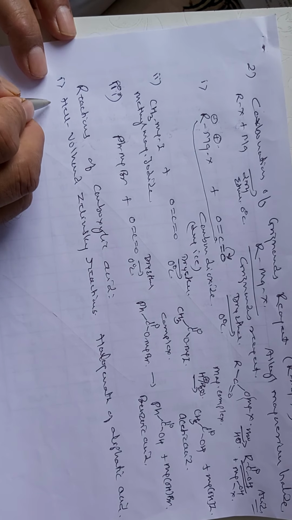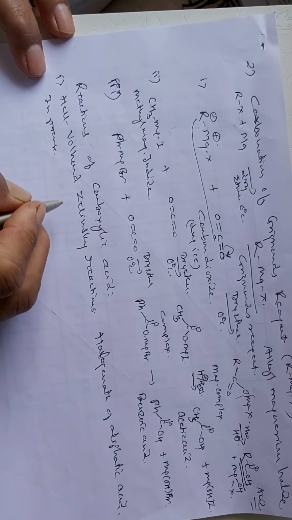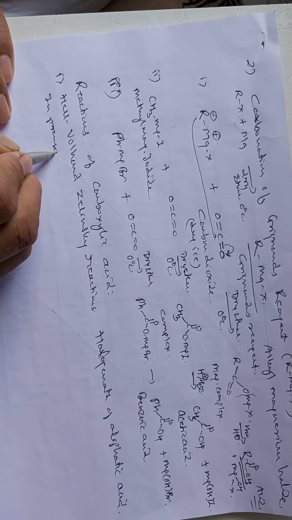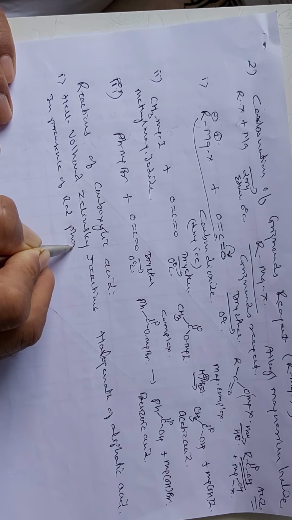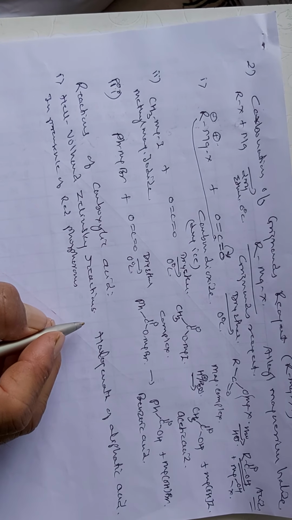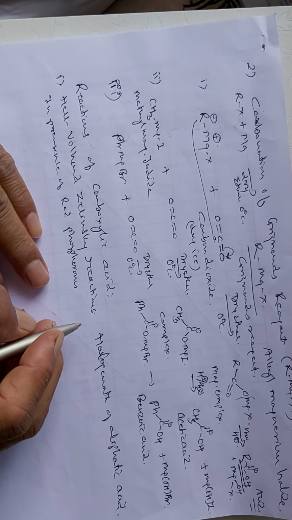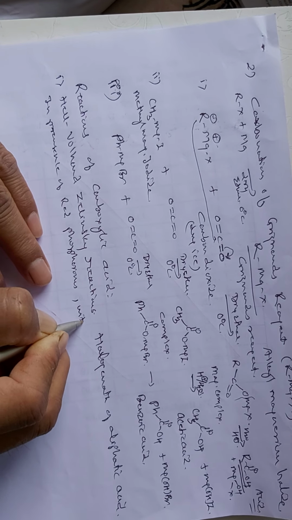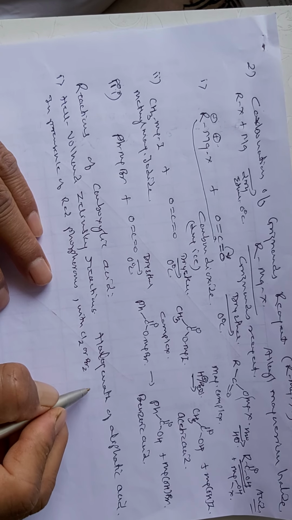This reaction is carried out in presence of red phosphorus: the carboxylic acid is allowed to react with chlorine or bromine in presence of red phosphorus to form